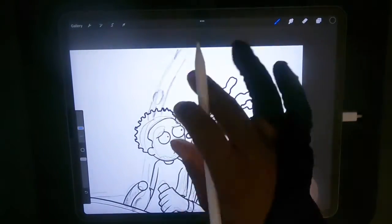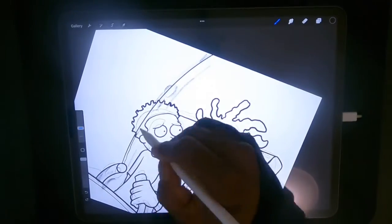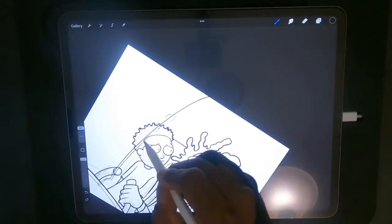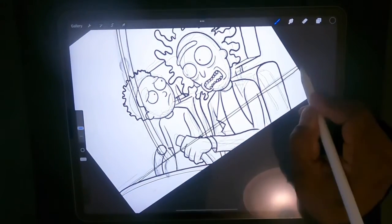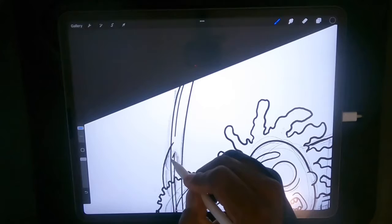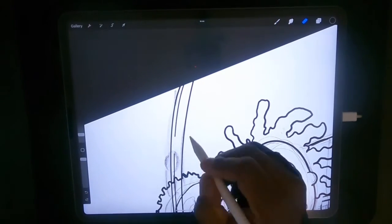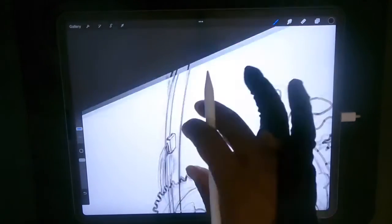And for the bubble on top of the ship, I had to just go through the characters, really Morty. I just went through Morty and then I'm going to erase. That'll make your life easier and get the line looking good. That was what I wanted to do. Getting the seatbelt in there. Once I'm happy with that, then you just come in and erase the pieces that aren't needed, tighten all that up, and once all the pieces are in,